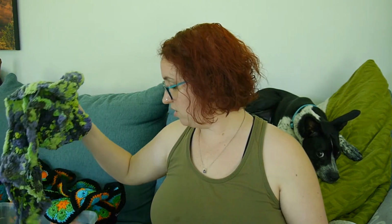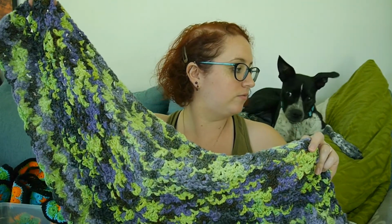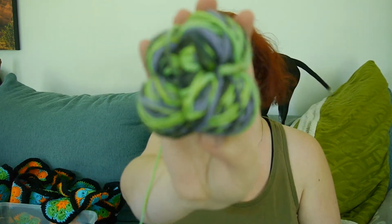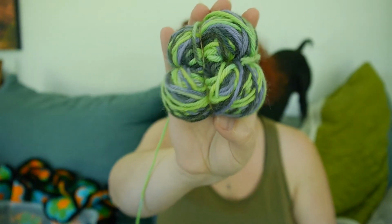Oh, my Halloween shawl. This is one of those that I completely forgot about. And I found it. I found it buried in the closet. 2015 maybe. Pam gifted me this ball of yarn, and it is 5 different